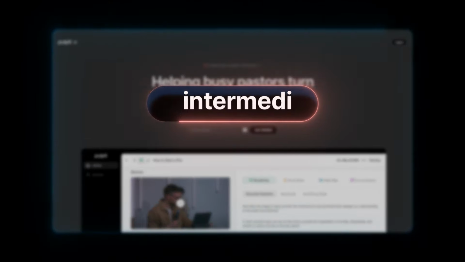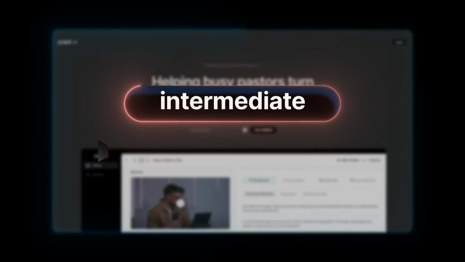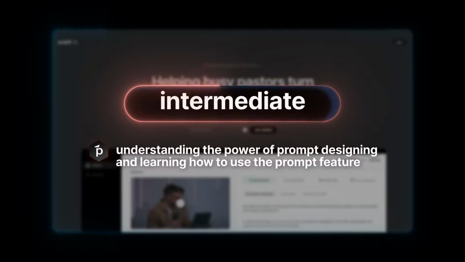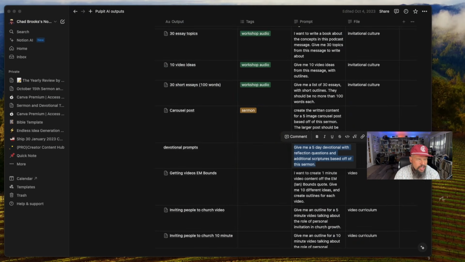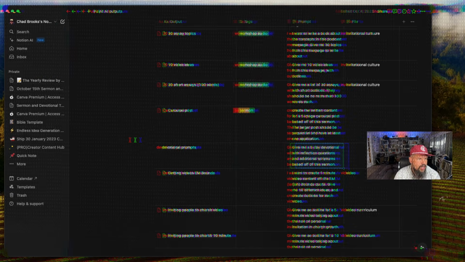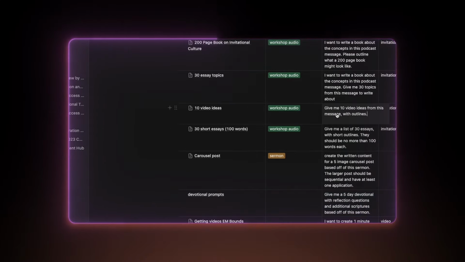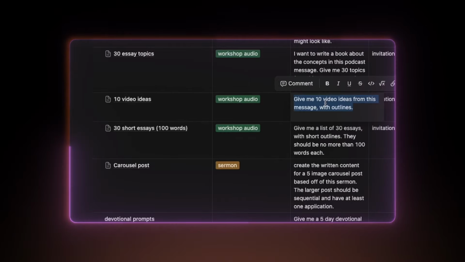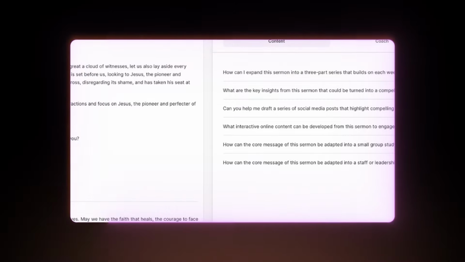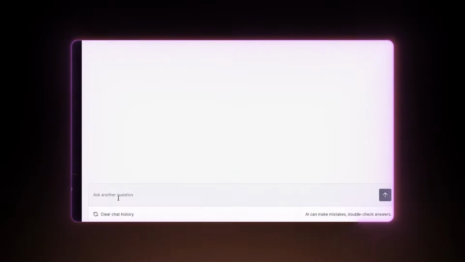That's where we get into the intermediate stage, which is really beginning to understand the power of prompt designing and learning how to use the prompt feature in a really healthy way. Come back into Notion and you will see that I've got several prompts saved in here. 10 video ideas. This is one that I love a lot. If I just copy paste that, go back over into Google Chrome, clear the chat history, and copy that prompt in there,